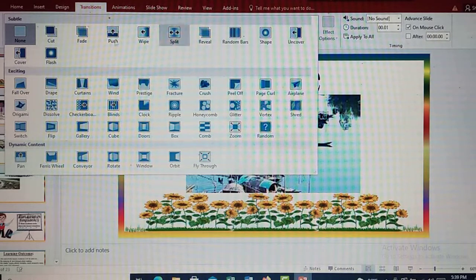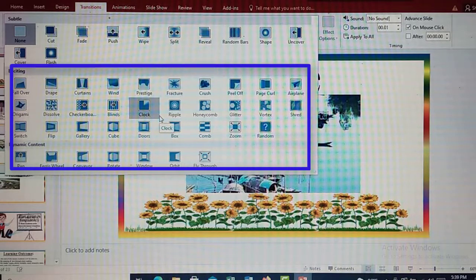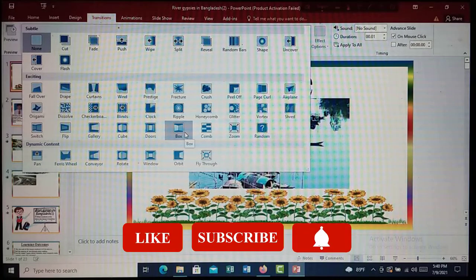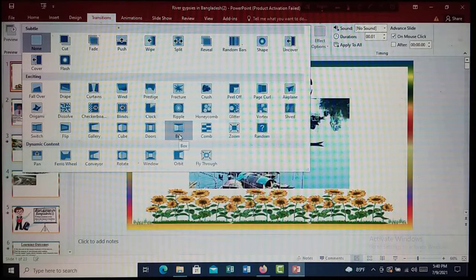See, there are many transitions here. From here you can take the transitions of your choice. You can see such transitions if you have Office 2016 on your PC or laptop.